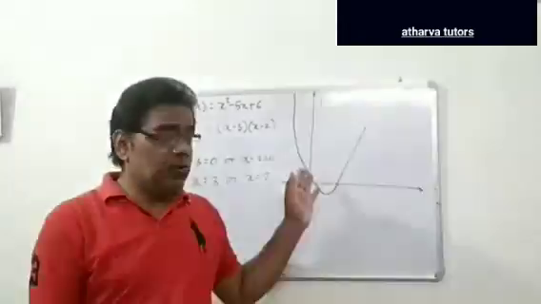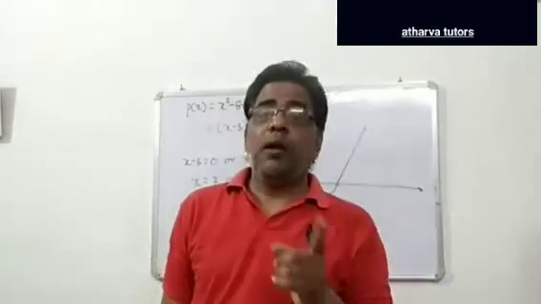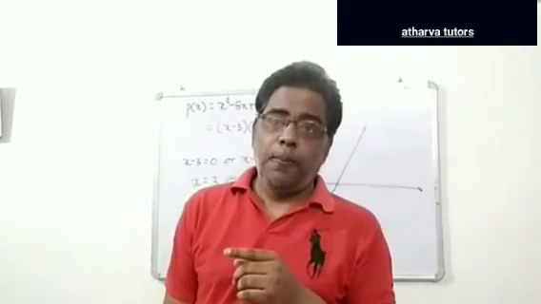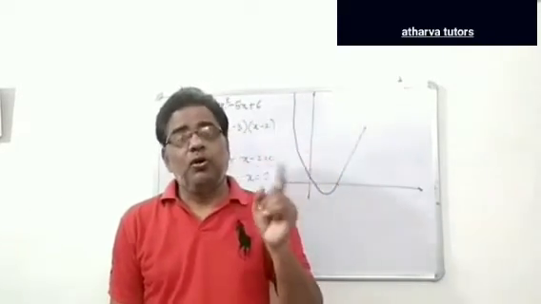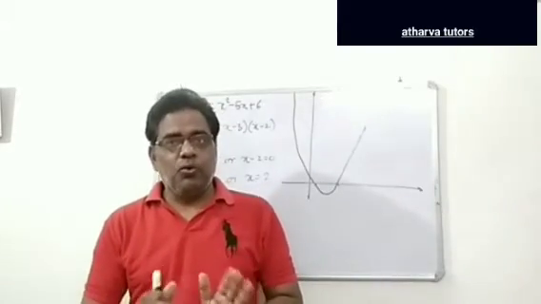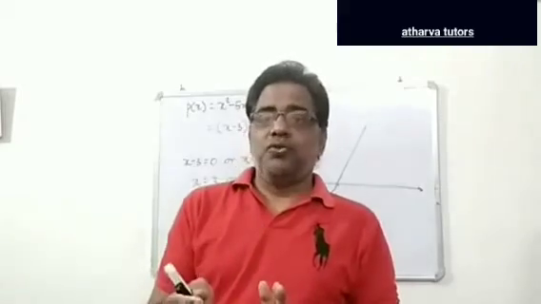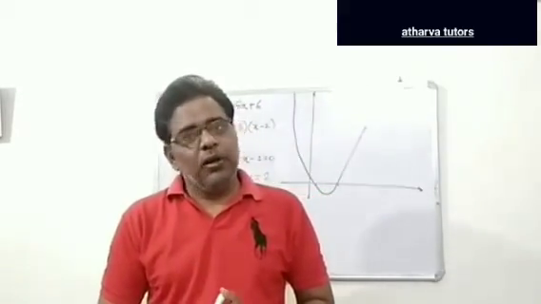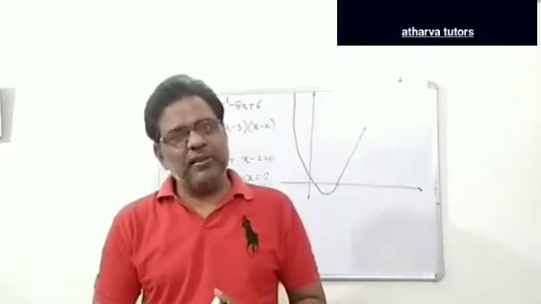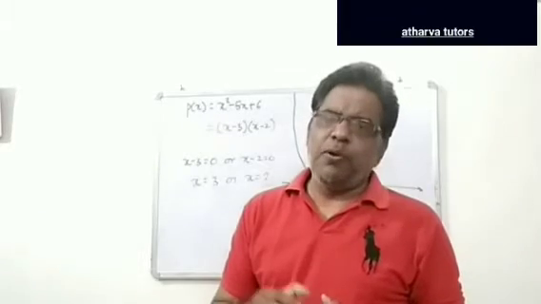So what I mean to say is that if you have a quadratic polynomial, it will have two zeros. So what we conclude is that the number of zeros is equal to the degree of the polynomial. In a similar fashion, if you have a cubic polynomial,